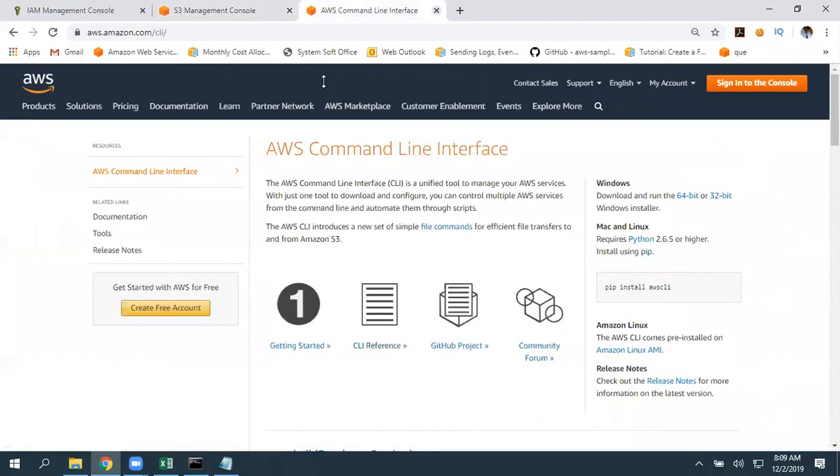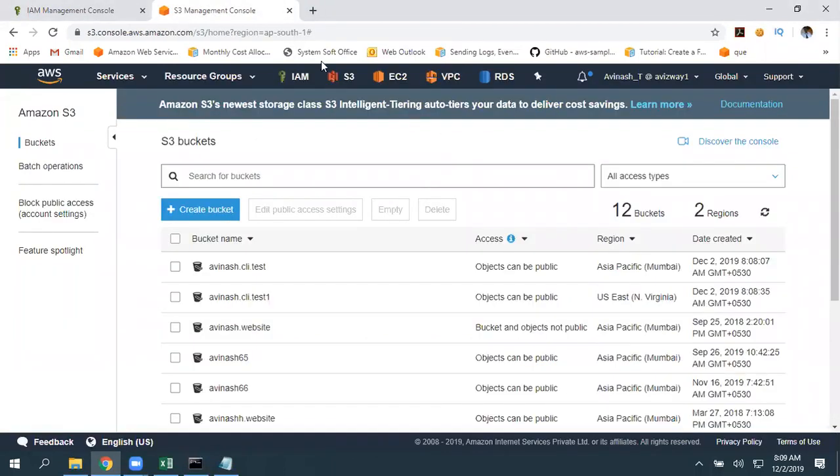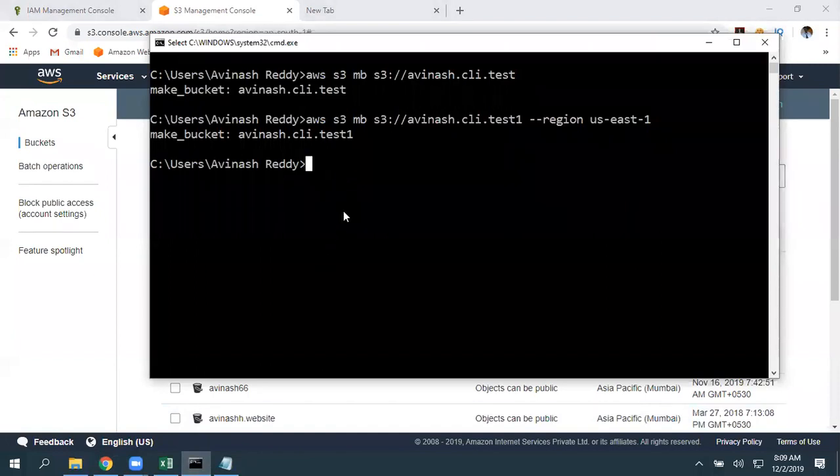And we have an S3 CLI cheat sheet. I'm going to share that along with this. So this is how exactly we can manage or access resources from our local machine. Let's quickly launch a Linux EC2 instance, and let's try to configure this and try to access a couple of resources.